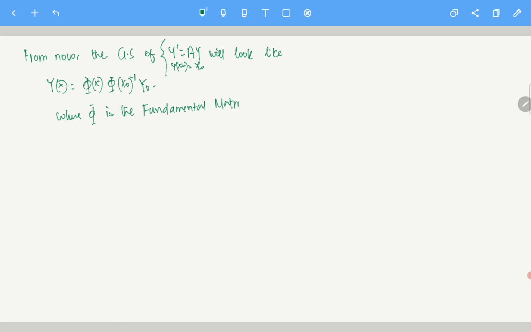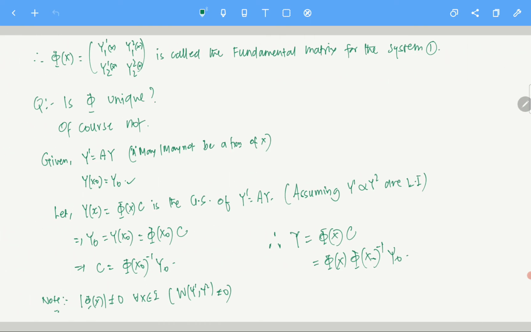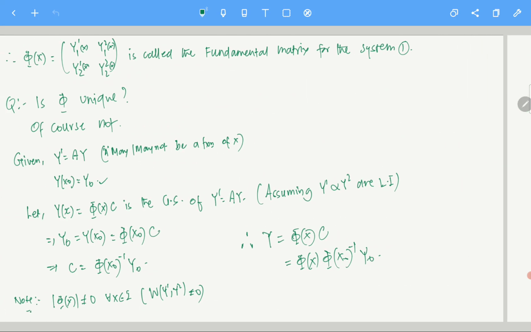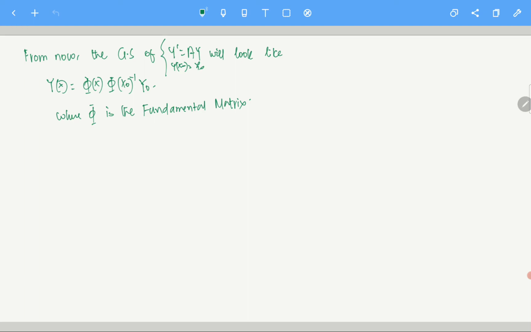Clear? Now, of course, if the fundamental matrix changes, phi x naught inverse and everything will change, but any solution will look like that. That's the point. Although one small detail I have missed: that any general solution of one will always look like this, we did not prove right now. We'll prove it later, maybe another 3-4 classes. We'll look at why the general solution of one should look like that. Given two linearly independent solutions, it will look like this, but we'll do it later. For now, this is fine. So is this clear? Any solution of this problem will look like this, where this is the fundamental solution.